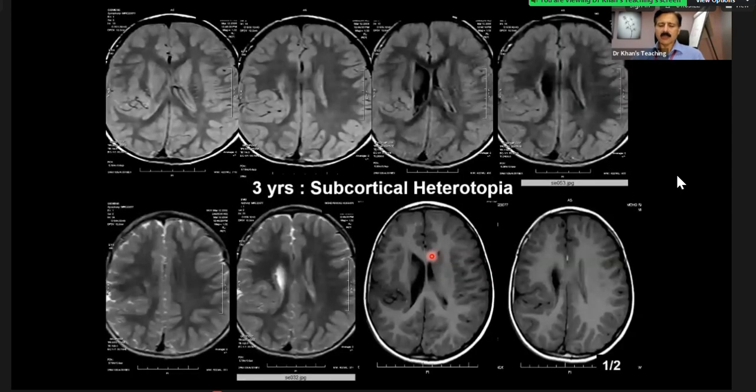Now, heterotopia, please remember the concept that the germinal matrix in a developing fetus is in the periventricular region. The gray matter cells actually develop there, and from there they migrate laterally. They can be arrested